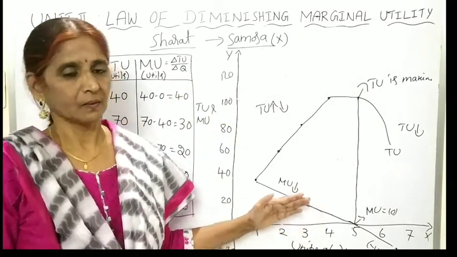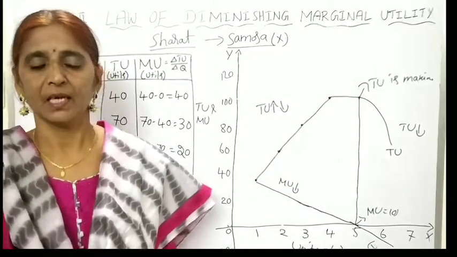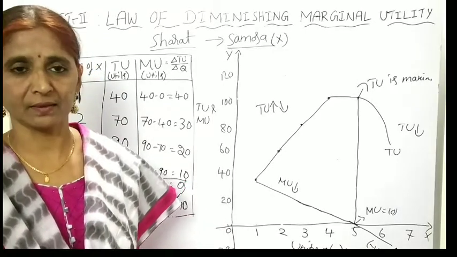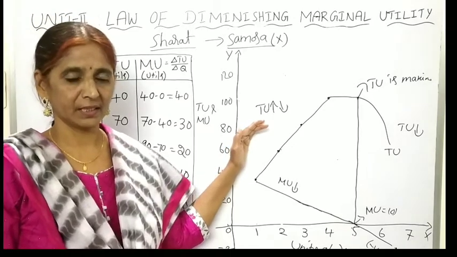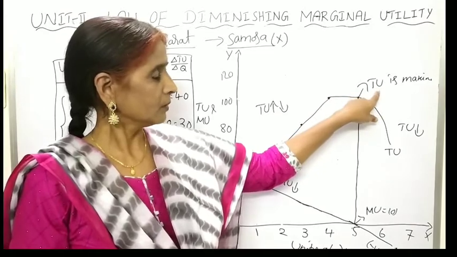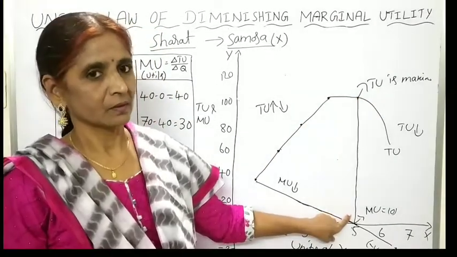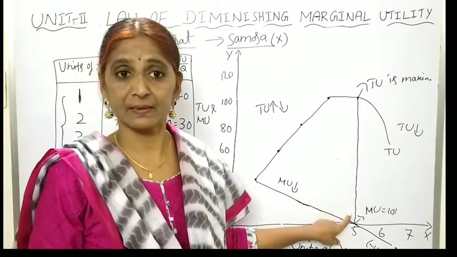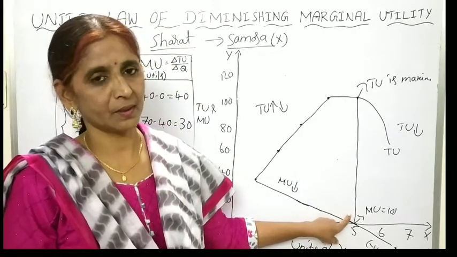Okay children, so the total utility and MU curves are also explaining the same fact, that is, if a consumer is consuming more units of the same commodity continuously, definitely, starting TU increases at a diminishing rate. At that time MU will fall. Later TU becomes maximum. At that time MU will become 0. So this situation indicates that the consumer is in equilibrium, a state of balance. There is no need to consume extra units of the commodity.